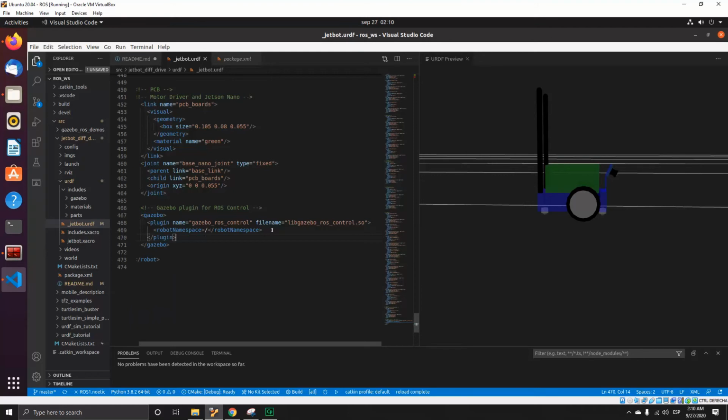So this is the basic example of the URDF. If you only want to view it, there's another thing that we must do. This is just the visuals for the model, but there are also other things that we